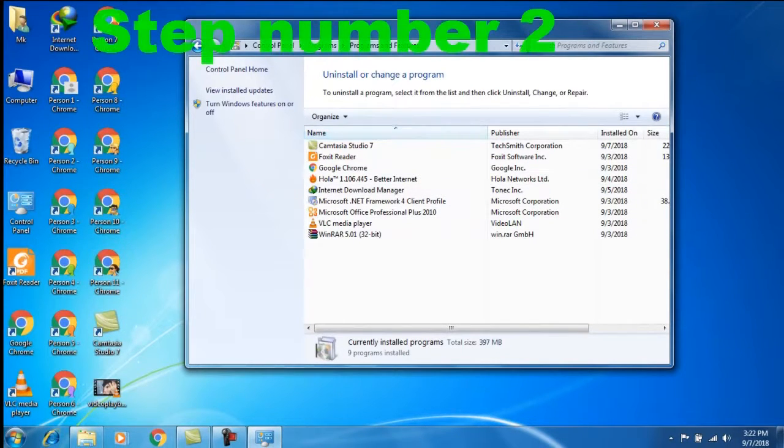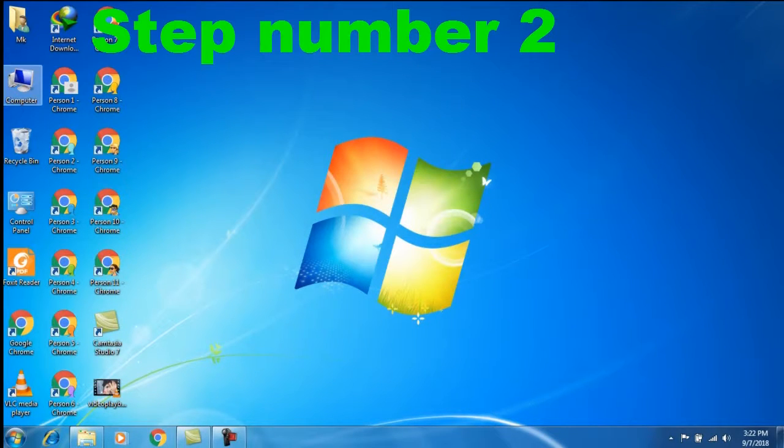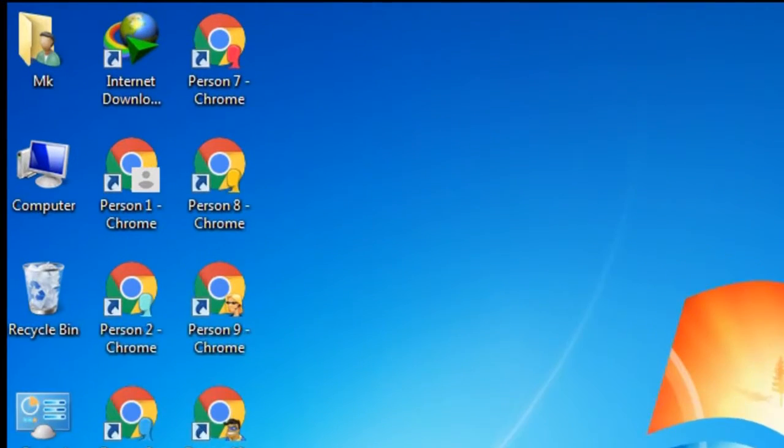Step number 2. Clean up local disk C. Unnecessary files on your hard disk take up disk space and can slow down your computer. Disk Cleanup removes temporary files, empties the recycle bin, and removes a variety of system files and other items that you no longer need. Double-click on Computer,